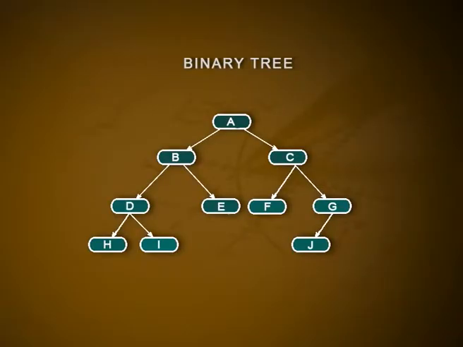The level of a node is used to indicate the position of the node in the tree structure. The root is at level 0 and the level of any other node in the tree is 1 more than the level of its parent node. For example, in the above figure, node B is at level 1, D at level 2 and J at level 3. The depth of a binary tree is the maximum level of any leaf in the tree and it is equal to the length of the longest path from the root to any node.